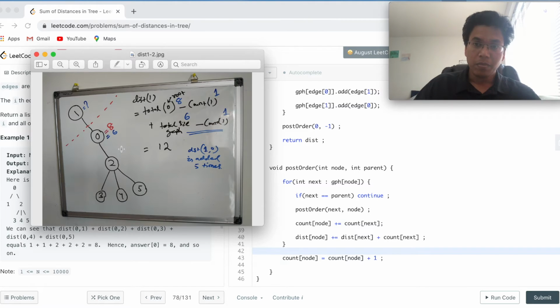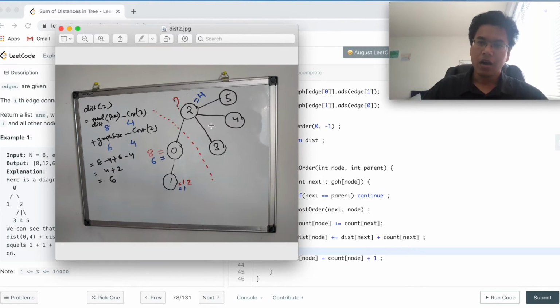Now let's take another example. I think that will give you a little more clarity on this math. I'll take another example where we will calculate the distance of 2. Now, how can we get distance of 2 using distance of 0 again? Why are we considering distance of 0 here? Because 2 is the connected node of 0, and when we are calculating 2, we already have calculated distance of 0. You can say it's a top down approach. In the previous step we started from the leaf and went up to the root. Now we are starting from the root and going down to the leaf, and we are calculating.